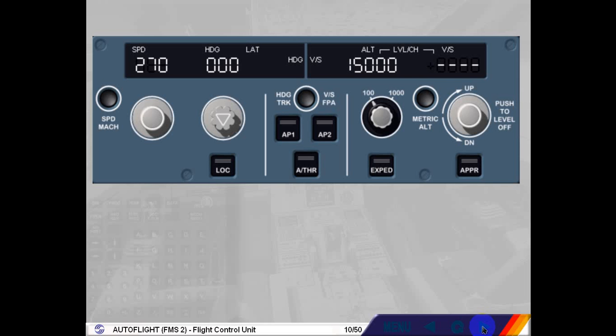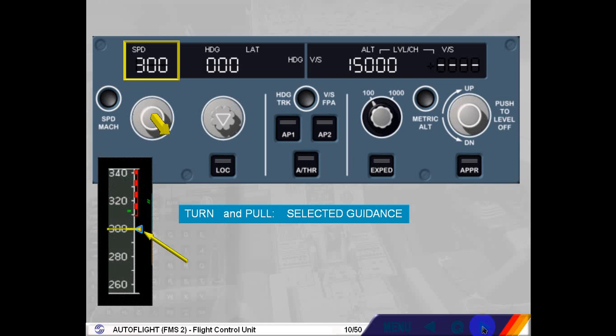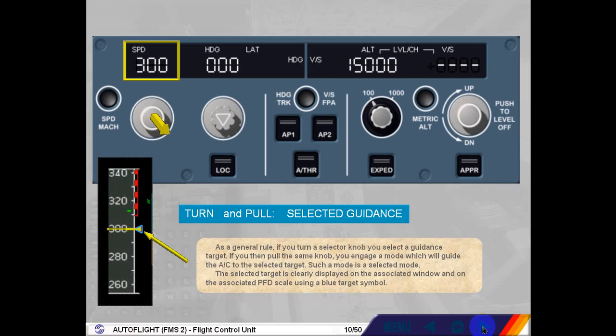As a general rule, if you turn a selector knob, you select a guidance target. If you then pull the same knob, you engage a mode which will guide the aircraft to the selected target. Such a mode is a selected mode. The selected target is clearly displayed on the associated window and on the associated PFD scale using a blue target